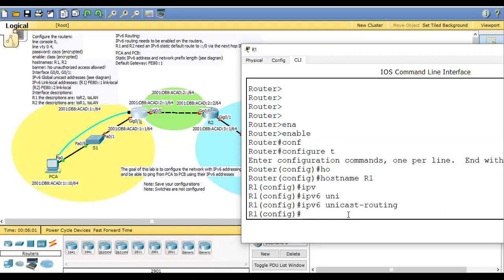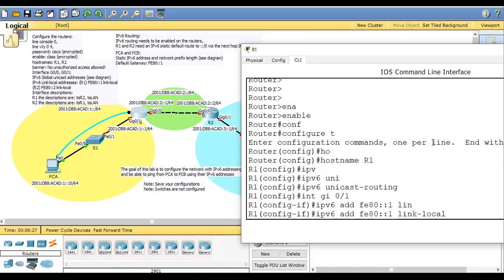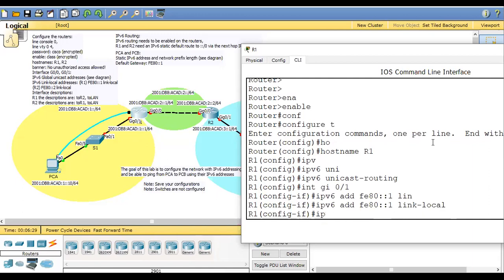Okay. Now, after enabling IPv6, we will go to this port and this port and configure the IP address. So let's start with this port. I'll go to interface gigabit 0/1. IPv6 address FE80. First, I have to mention the link local address, FE80 colon 1, link local. Then I have to mention the global unicast IPv6 address